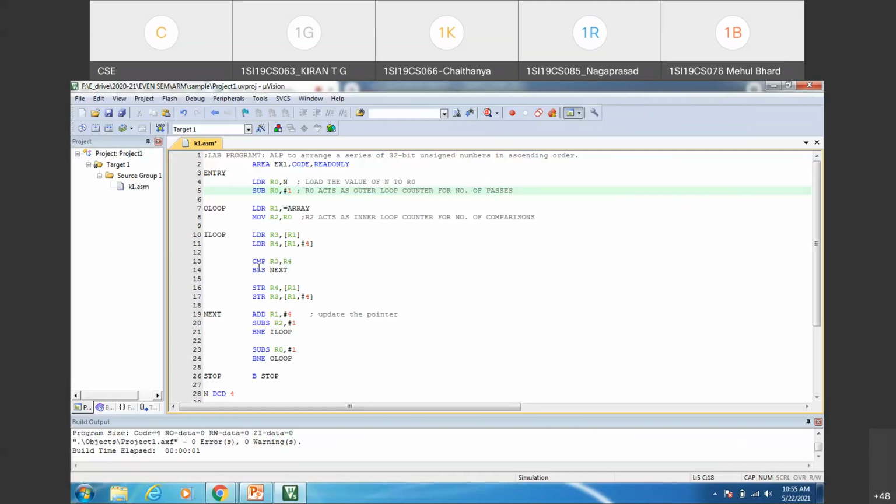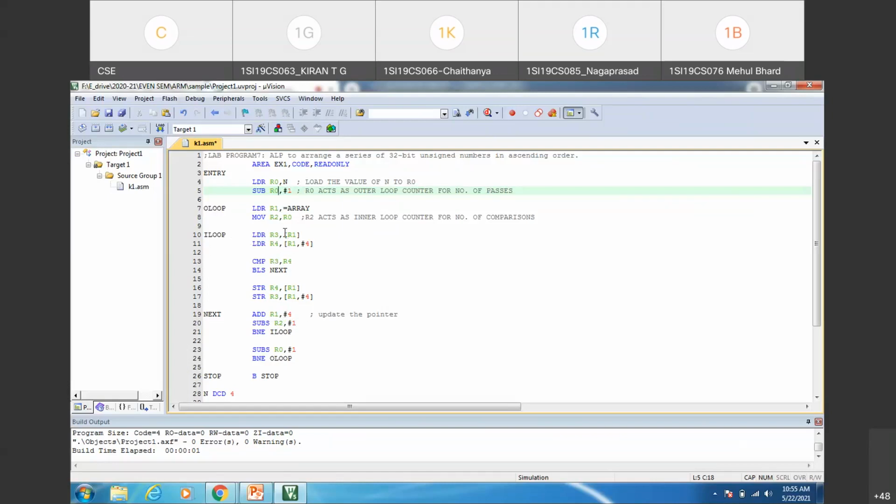And if you find that the R3 value is smaller than or equal to the R4 value, we need not swap. We'll simply go to the next label where we'll update the pointer by 4. Then we'll decrement the inner loop counter and transfer the control to the beginning of the inner loop if the Z flag is 0.